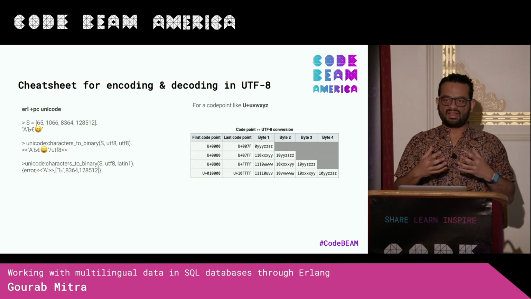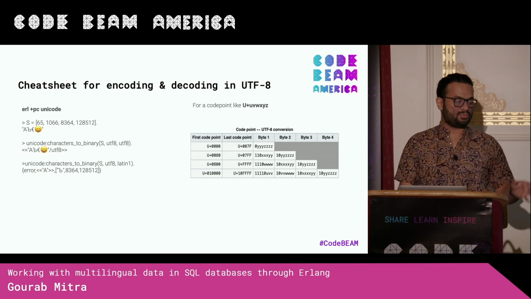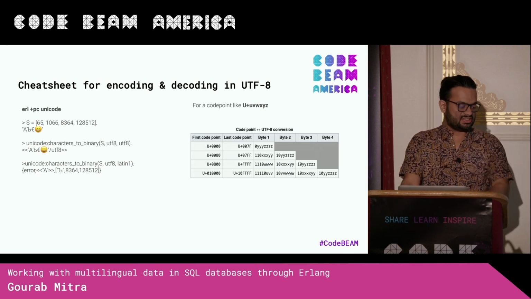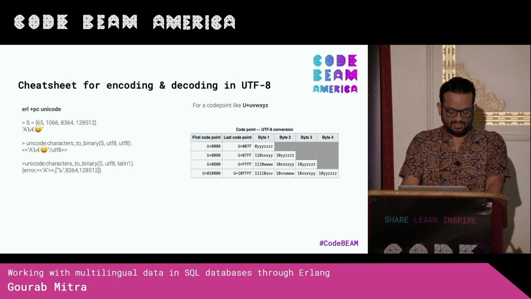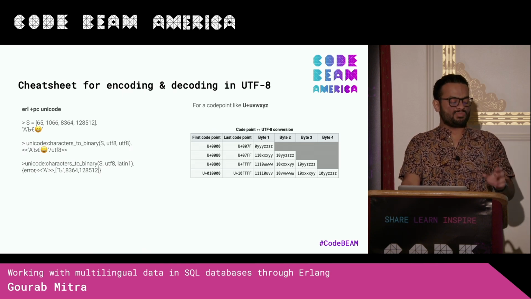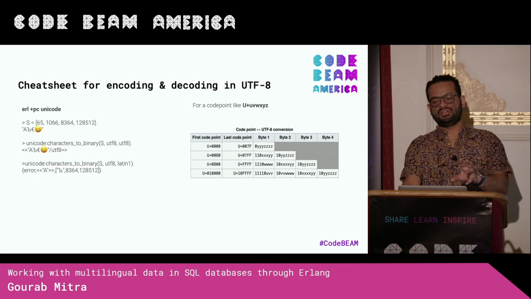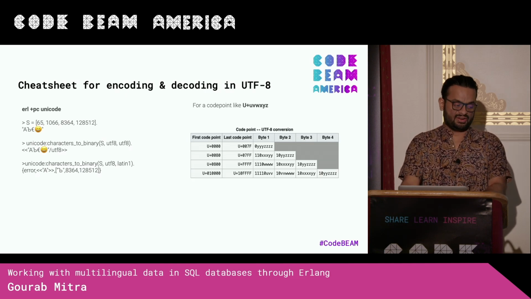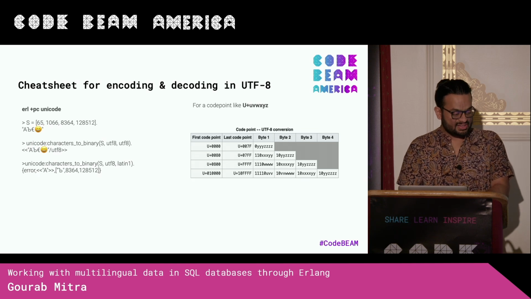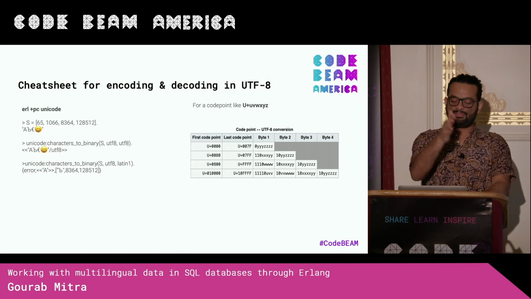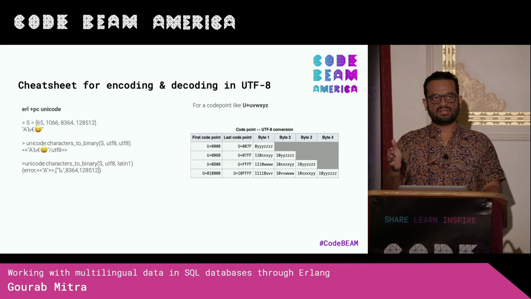So it comes back as the same output, but it now has the UTF-8 encoding specified in the binary. But if you switch this up a little bit and say, oh, no, I want the out encoding to be Latin 1, it throws an error. And the error is really useful here. It is an error tuple. It is a partially converted